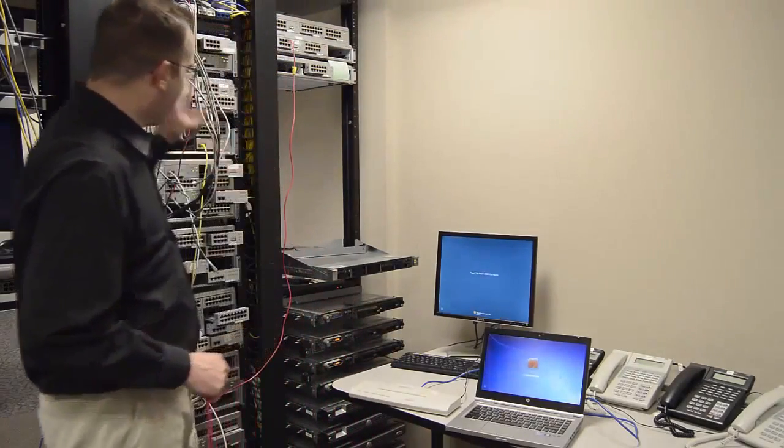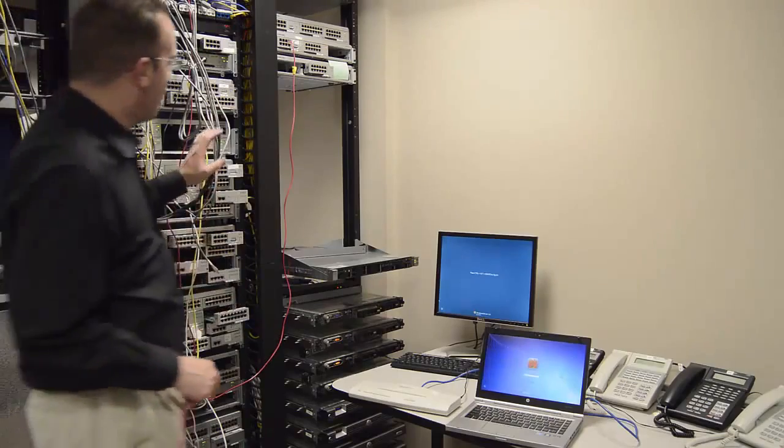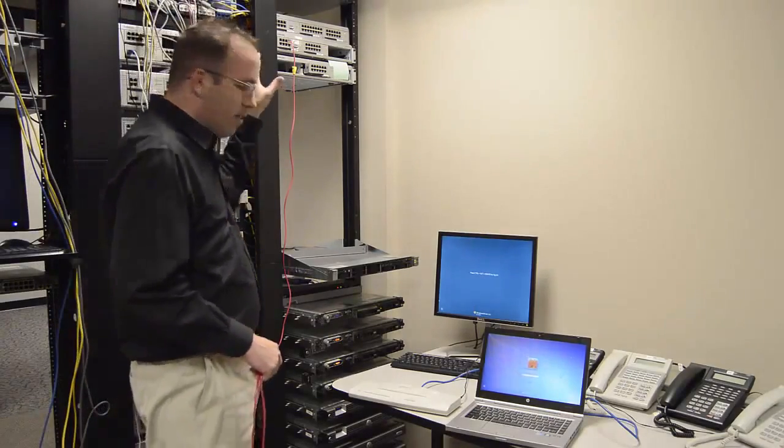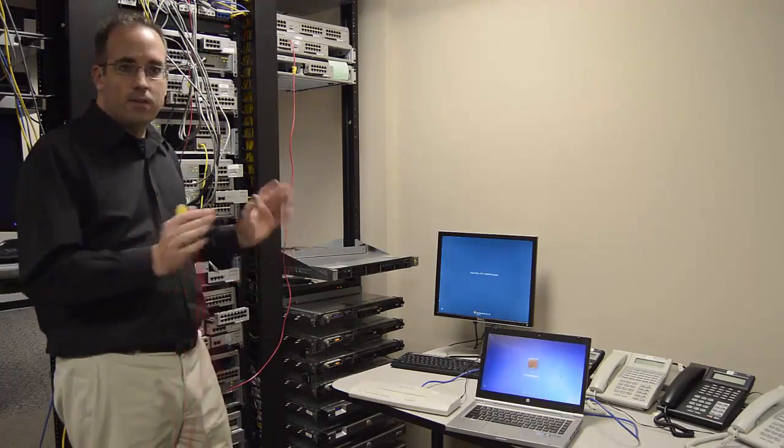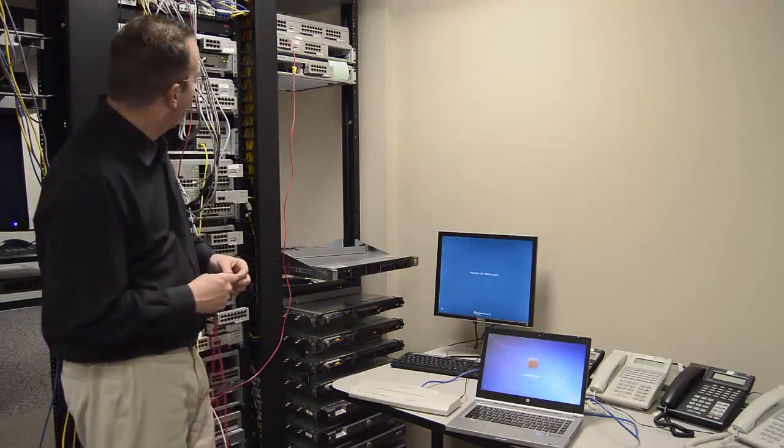Alright guys, so one of the other environments that you may be installing a Wireshark trace in is, this is all phone systems mostly, but the customer will have their IT closet, and you'll be wanting to monitor traces on the switch side, not the phone side. So one of the things that you can do